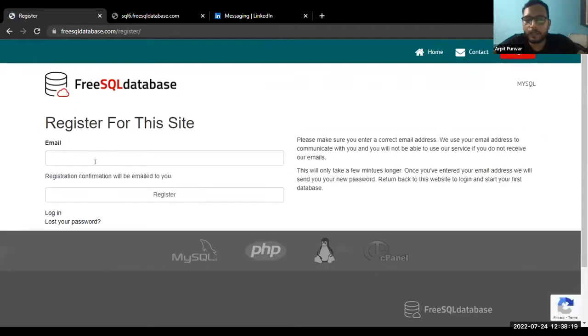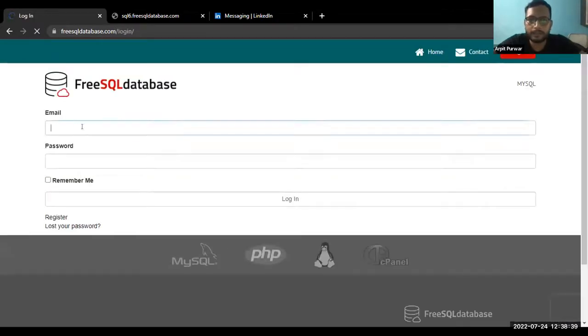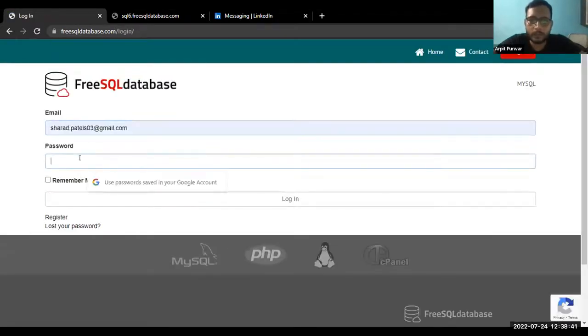Yeah. So first you have to register here, and after registering, you will get an email, and that email can come into the spam also. They will provide you, I think, password reset things. So once you create your account, you can directly go into the login. So yes, sir, please log in. So now you can see Sarad is logging in right now. So once you log in here,